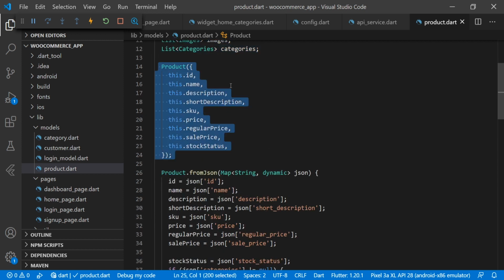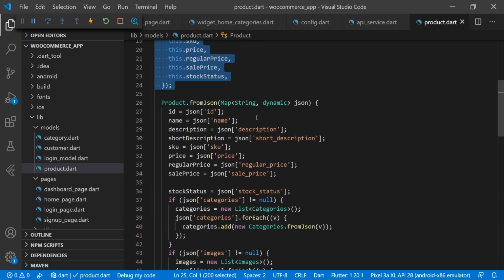We are doing the constructor part here, and then we are just mapping the data from that JSON to our variables here, and we are mapping ID with the ID.